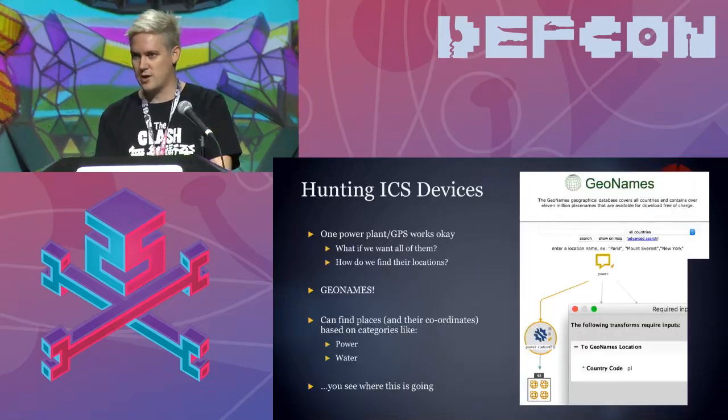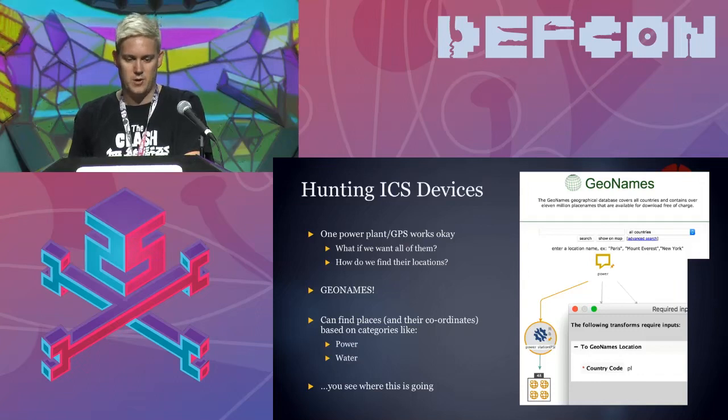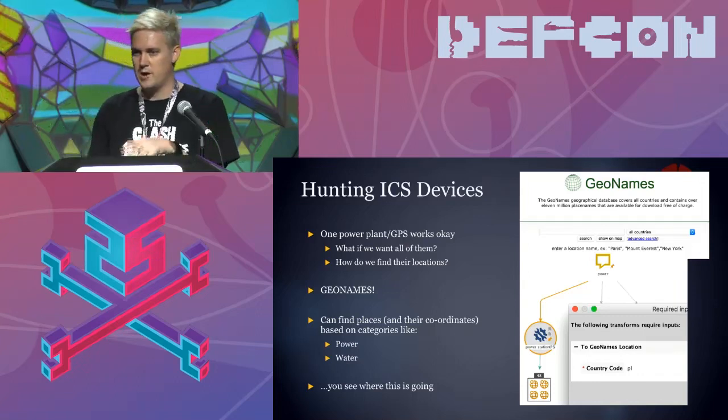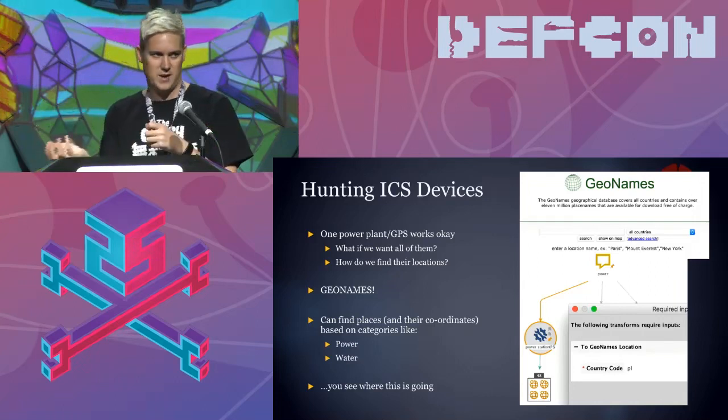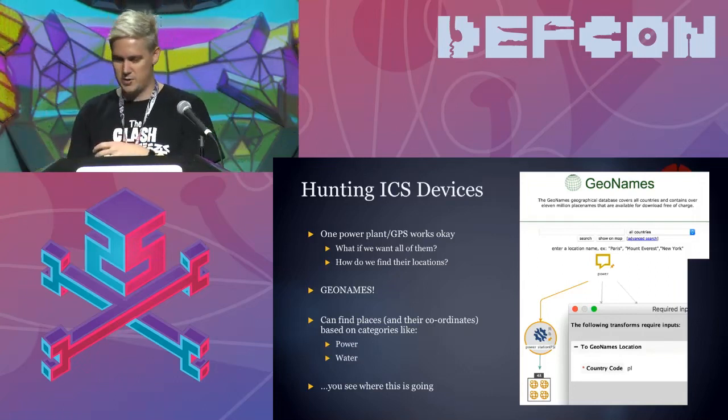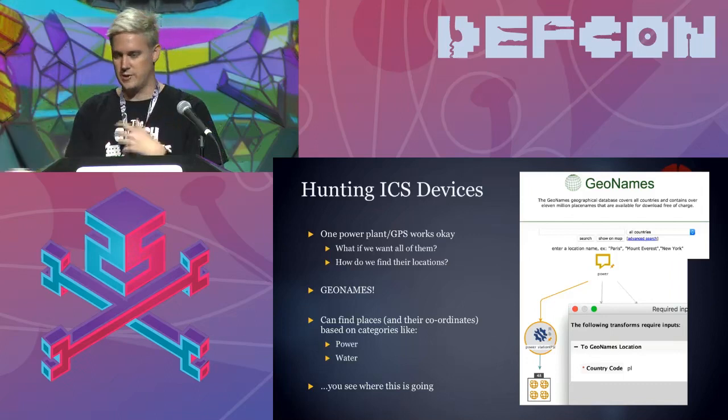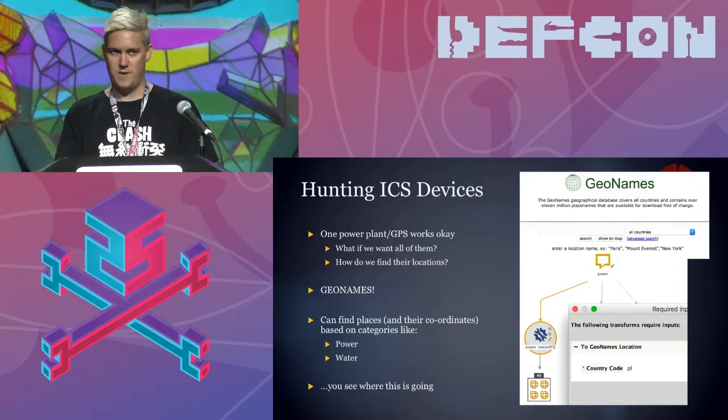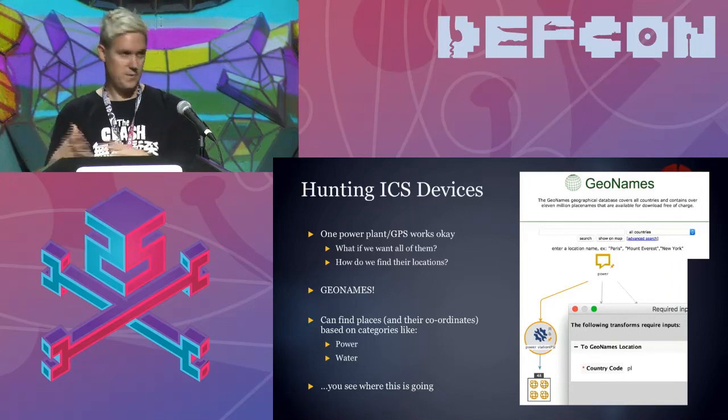But actually, if I wanted to target, in this case, all power plants in Poland, then I'd have to go and Google power plants in Poland. I get a list of them from Wikipedia or something. I'd have to find all the GPS coordinates, put it all into Maltego, and then I can run with it. So that doesn't really work for us. So we were like, well, how can I find all power systems in a particular area?